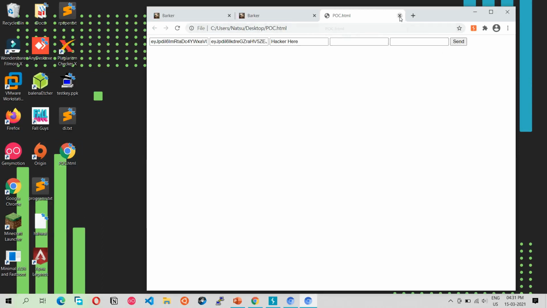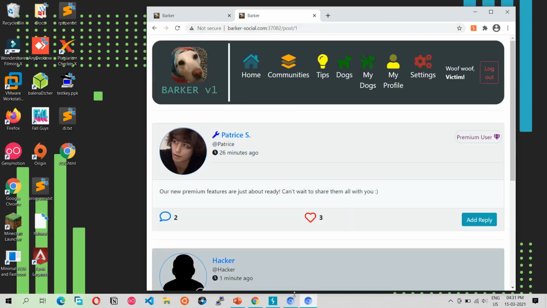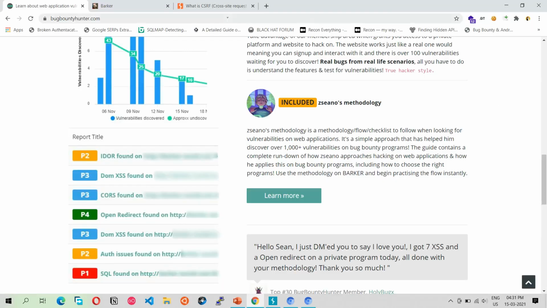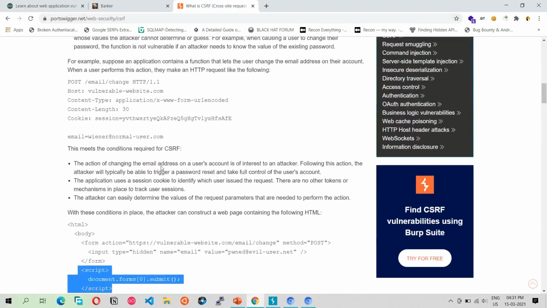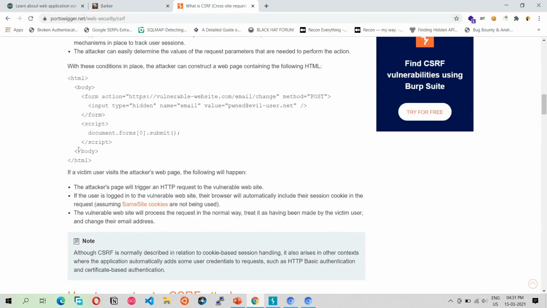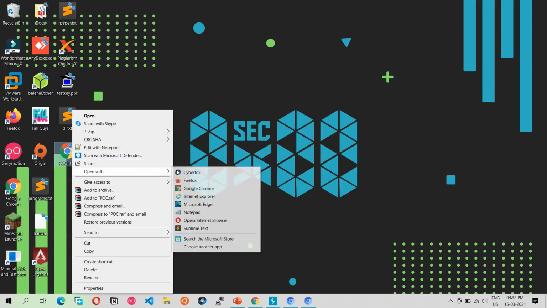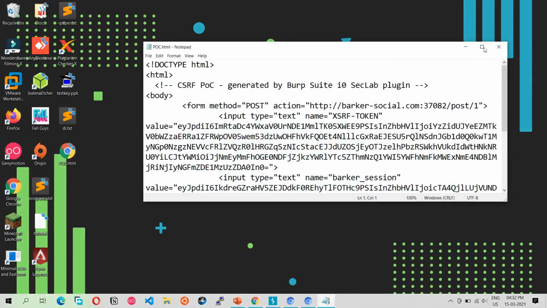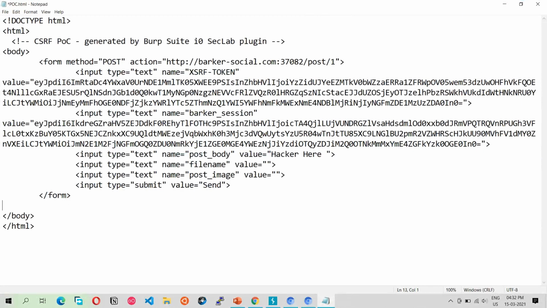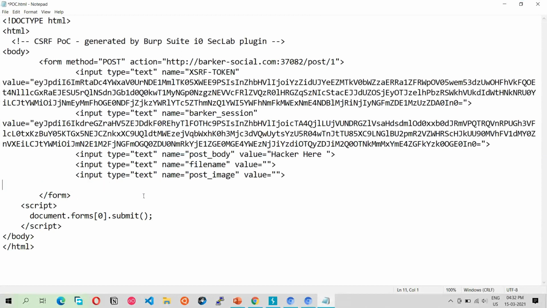But if you don't want that, then go to PortSwigger. This is a basic payload. What you are going to do is just copy this script tag and edit your code. Just add this script tag here. Okay, I'm going to remove this. Done.